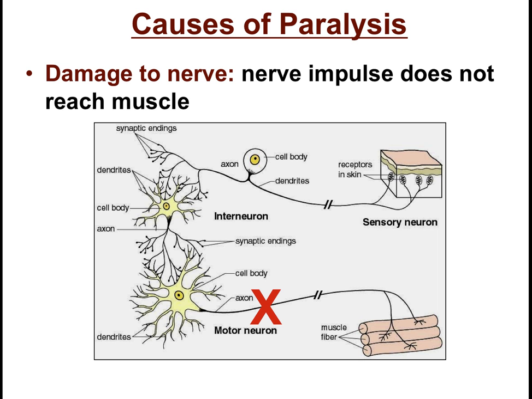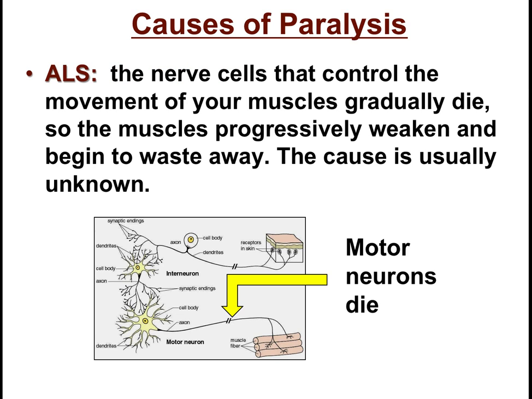Now, there are a variety of things that can cause this system to not work properly. And in many of those cases, it will result in paralysis, which simply means the inability to move that muscle. One of the easiest to understand would be if there's physical damage to a nerve. In the case where there's physical damage to a nerve, the nerve impulse may be coming from the dendrite through the axon, and it may be interrupted. It may never make it to its destination because it has been physically broken. Think like a spinal cord injury. These types of interruptions in the nerve impulse will prevent the muscle from contracting and result in paralysis.